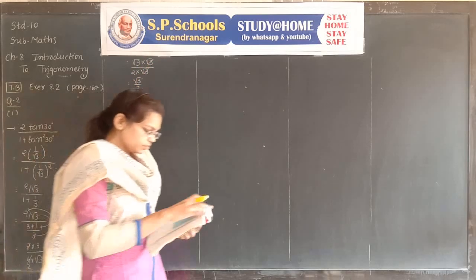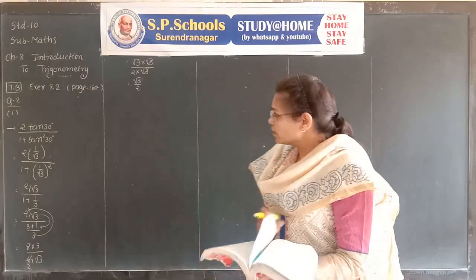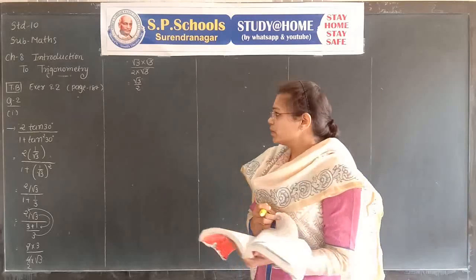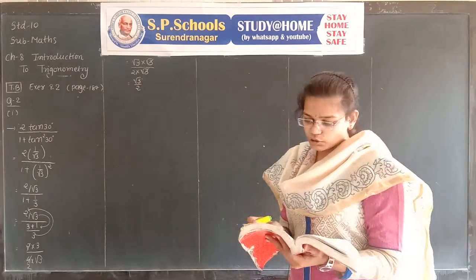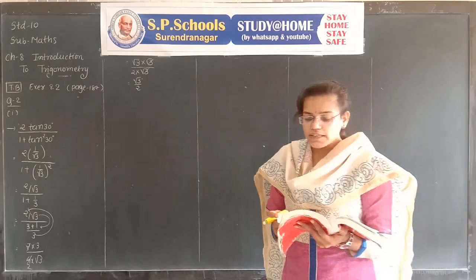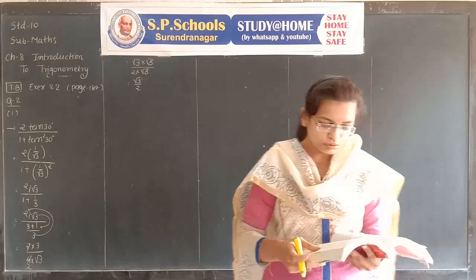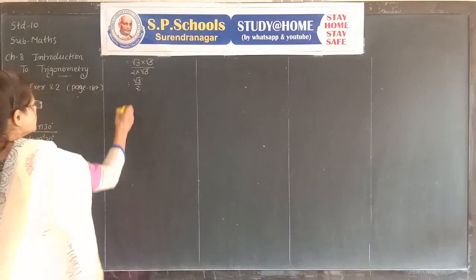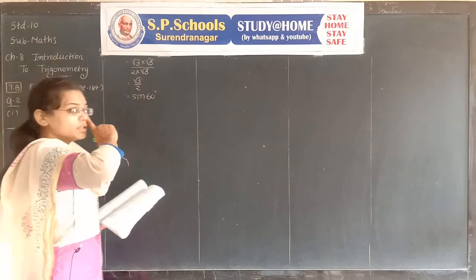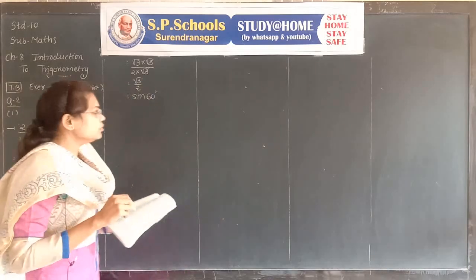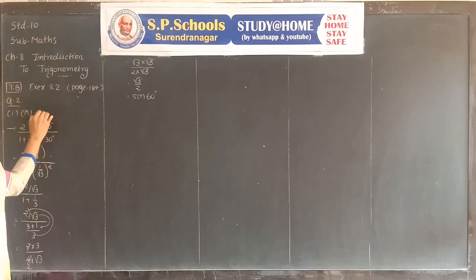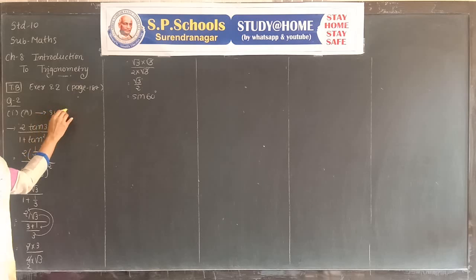See the options, none is root 3 upon 2, but from the table find out which trigonometric ratio has value root 3 upon 2. First, see the row of the sine trigonometric ratio. Sin 60 is root 3 upon 2. The option A, sin 60, is equal to sin 60. None is root 3 upon 2 other than sin 60 from the given options. Now our answer is option A. Option A is sin 60.